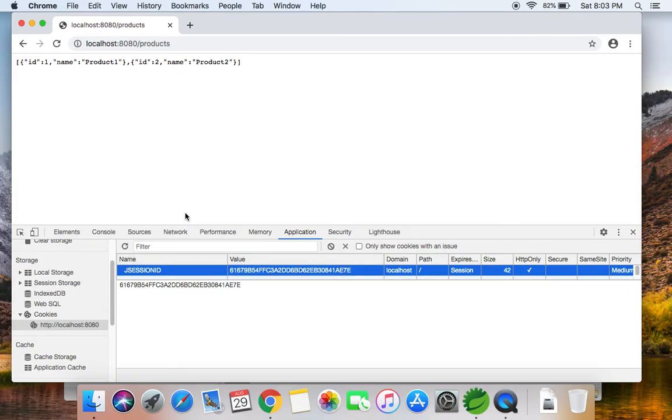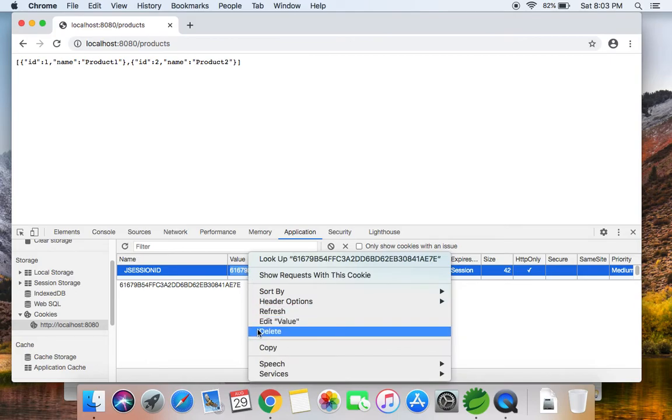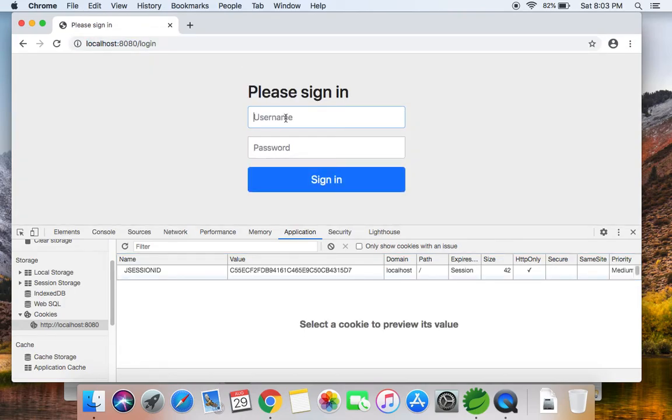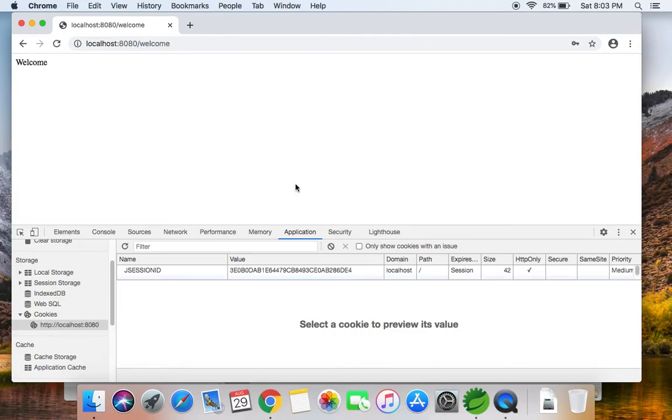Okay, so this is how it works. And the moment you delete this cookie, the browser does not know where this request came from, so it will again ask you to sign in. So that's the basic fundamental of how this Spring Security authentication works.